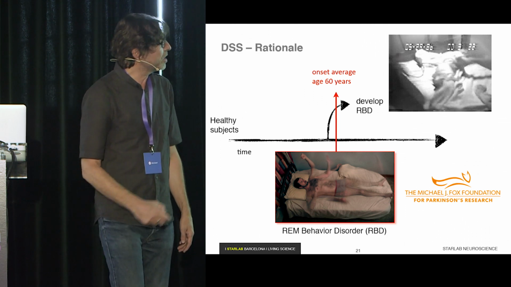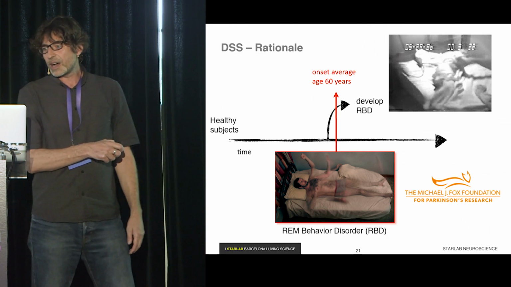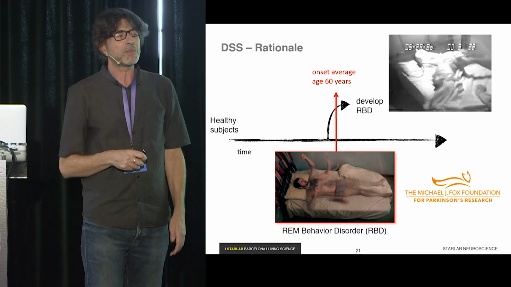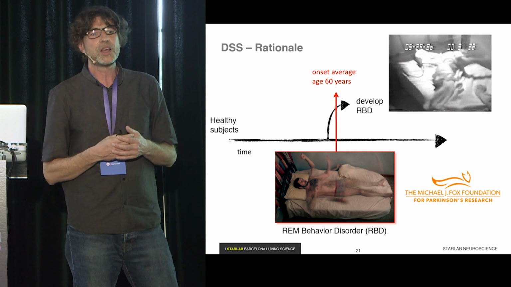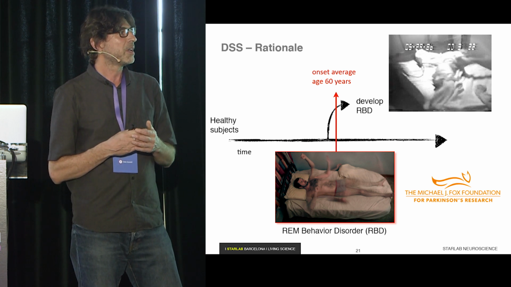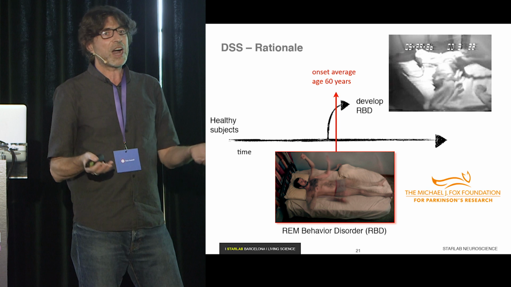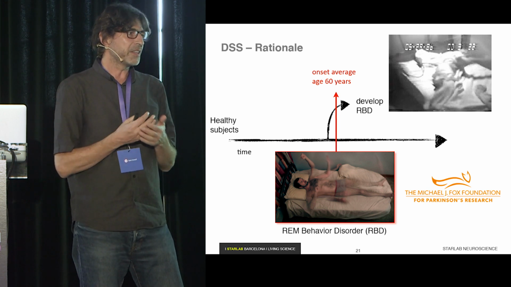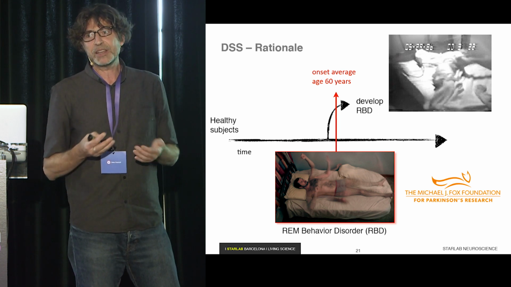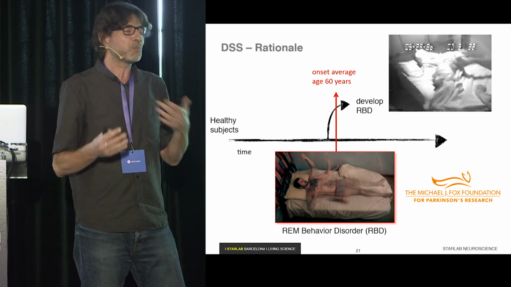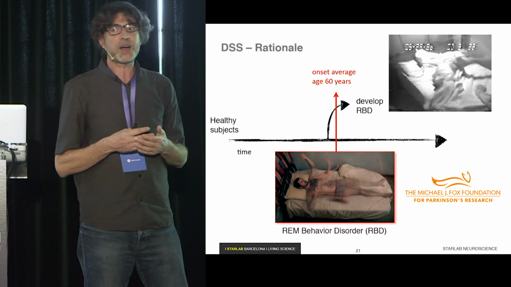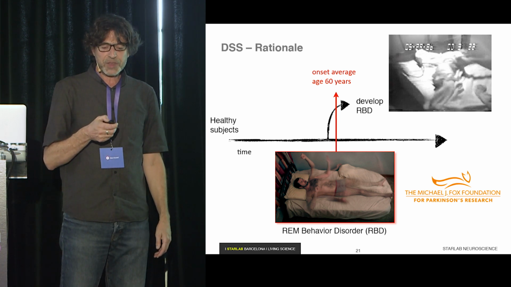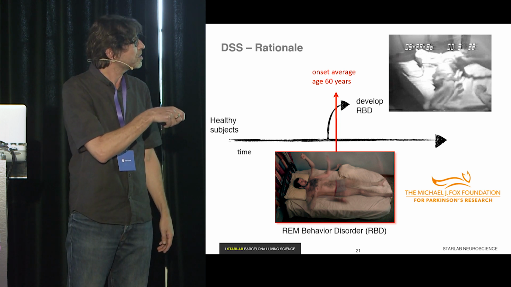So you cannot see the video, unfortunately, but basically what you have here is a patient suffering from a sleep disease called REM behavior disorder. If you have this disease, basically you have no inhibition of your muscle activity during REM sleep while you are dreaming, and therefore you start moving, you start injuring your bed partner. So it's a grave disease that appears more or less when you are 60 years old.